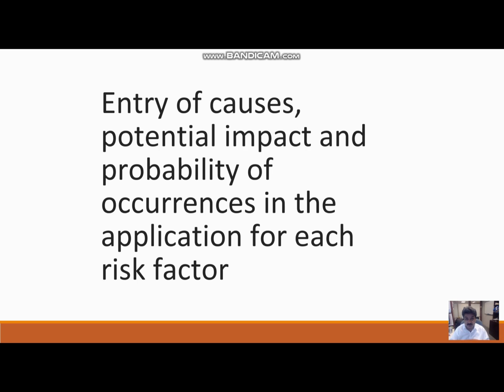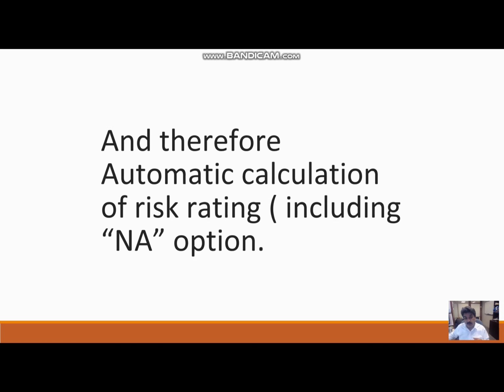So in the new application, you will have entry of impact, probability, and the causes, which means that there will be no rating assessment by you, in the sense that you will only enter the impact and probability, and on the basis of the entries that you have made, the system will automatically calculate the risk rating of that risk factor.